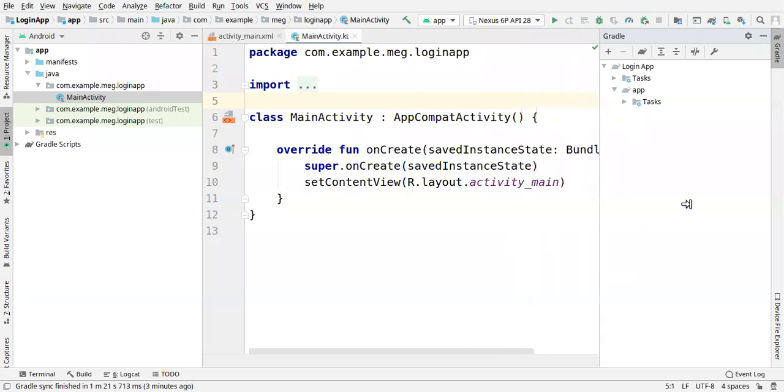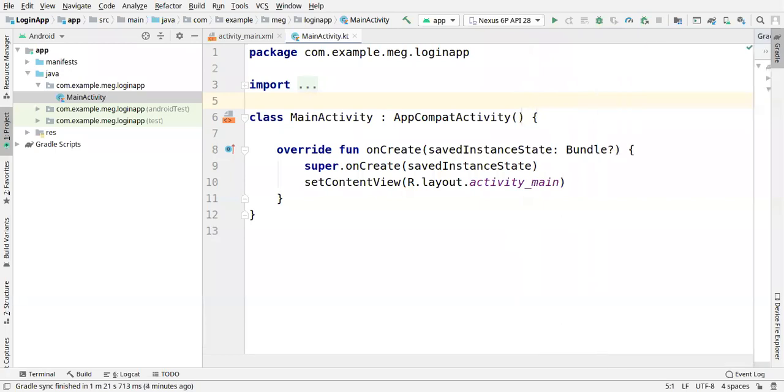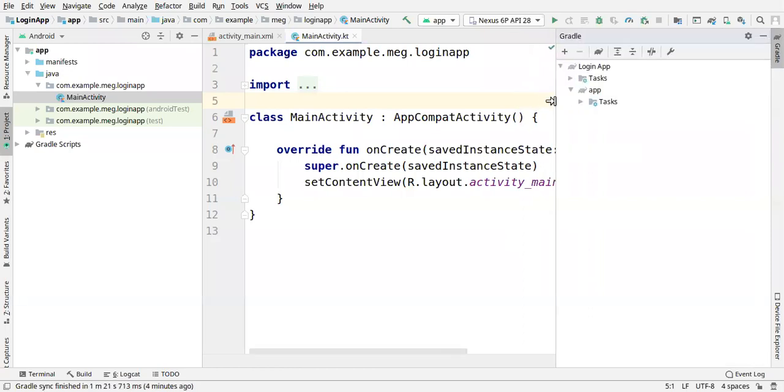So the first part, on the upper side you can see you have a Gradle. So you'll click the Gradle here. And then you will see the Gradle bar. Then you're going to just refresh here. Then we're going to go to